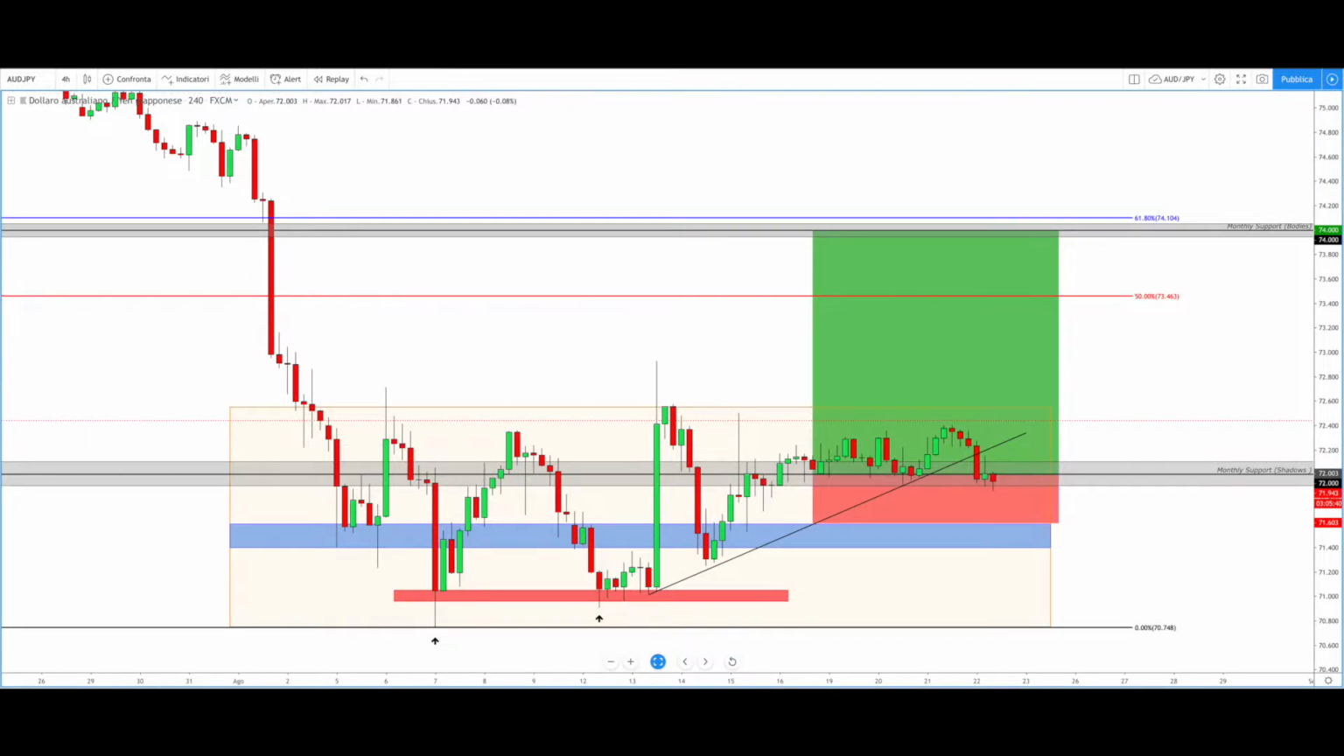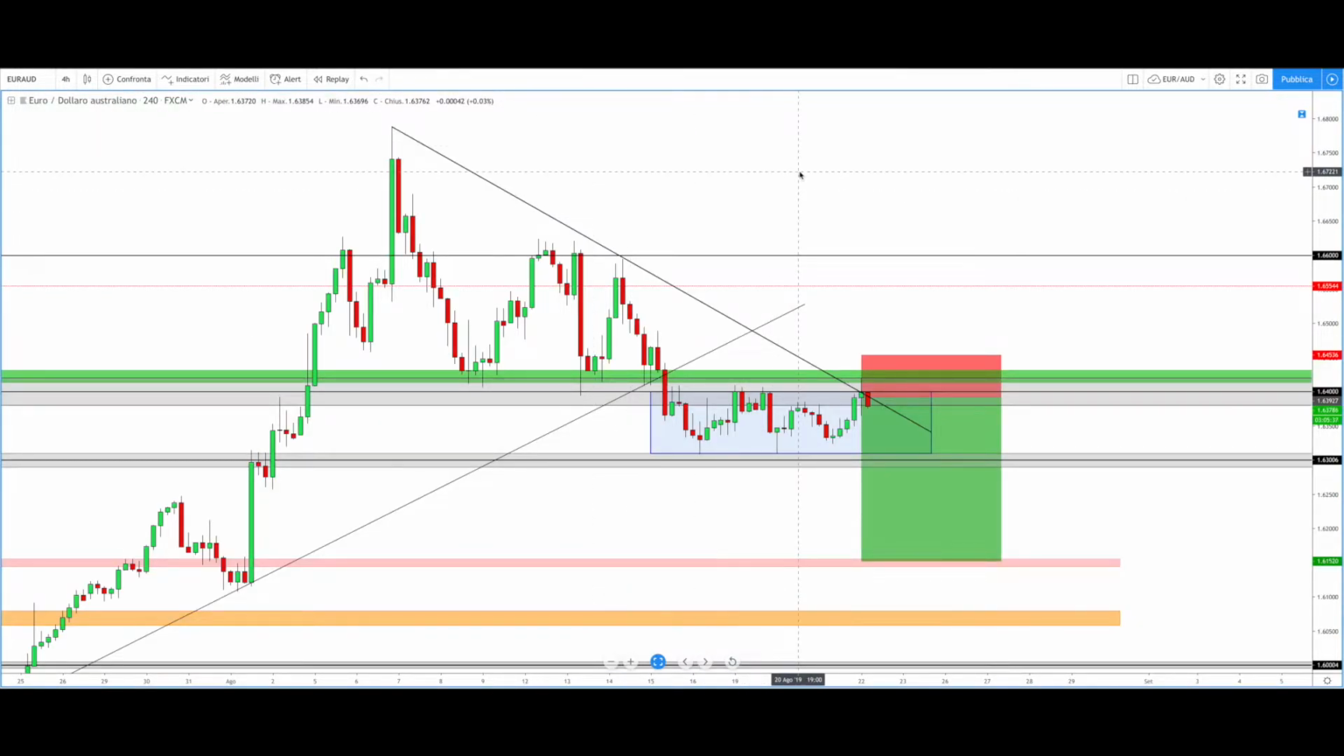Then we can watch the next one, strongly related to this first analysis, because we are on Euro Australian dollar. I shared this setup with you during the weekend in the free weekly PDF that I share every weekend with you in the free channel. And we can see that the price this week has in part followed my analysis, because our entry point was around here,